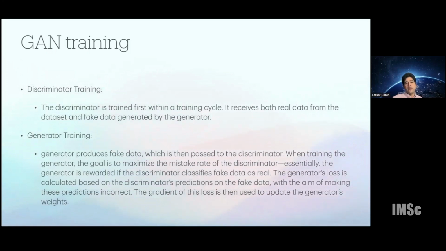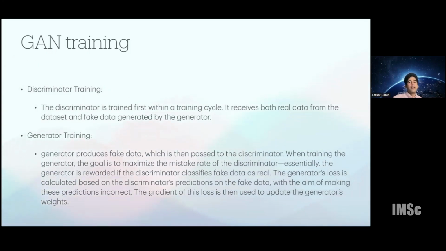As the generator gets better, you can also train the discriminator to update its weights in order to detect that a particular image is fake.